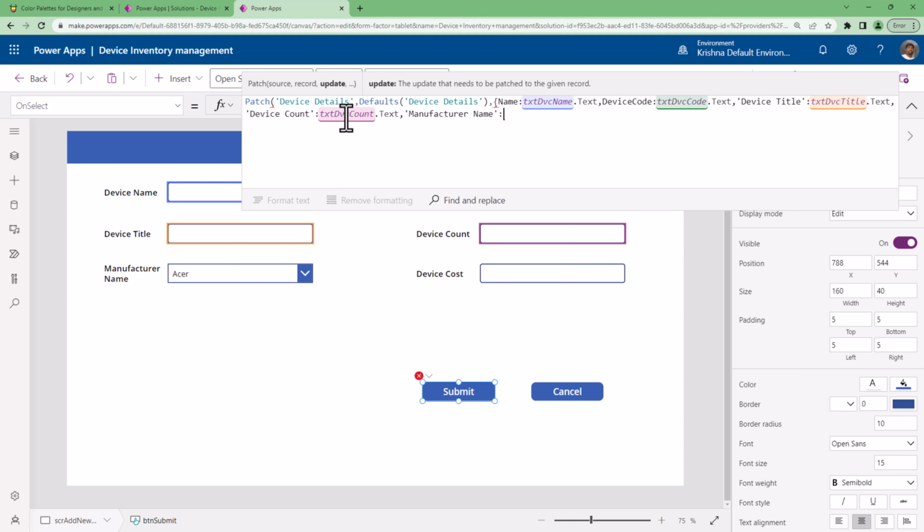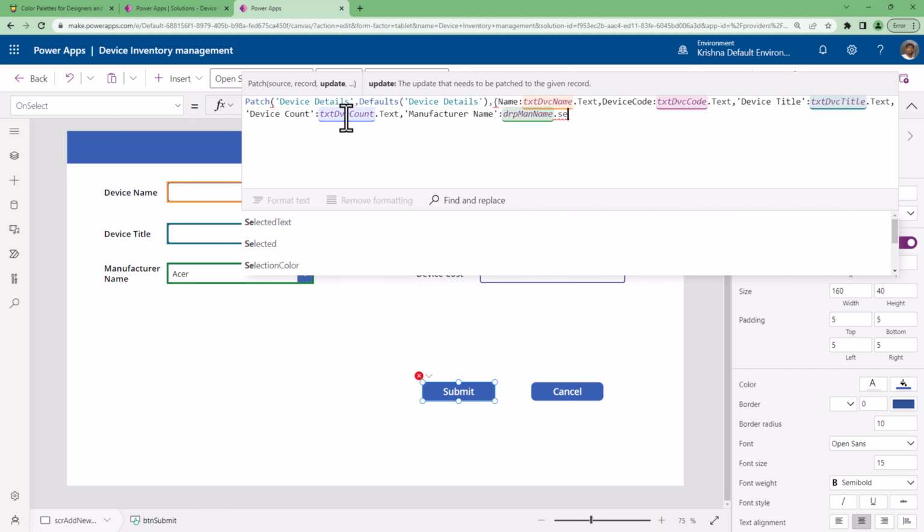So the manufacturer detail I need to set that, right, drp manufacturer details dot selected,